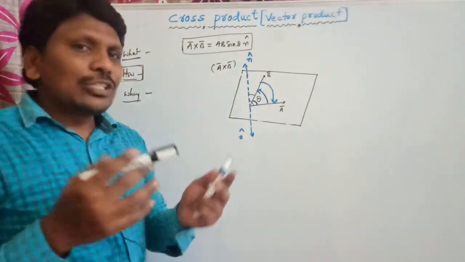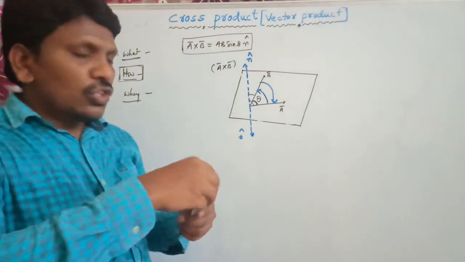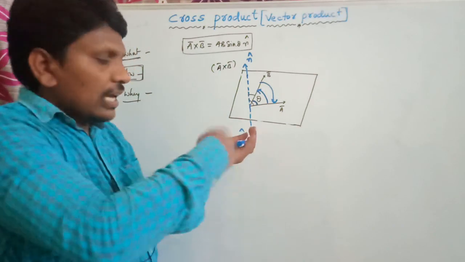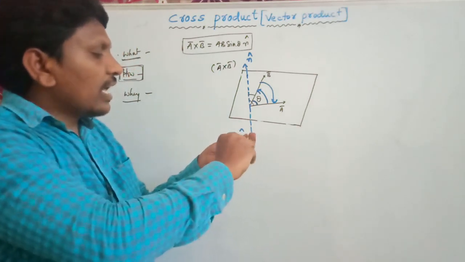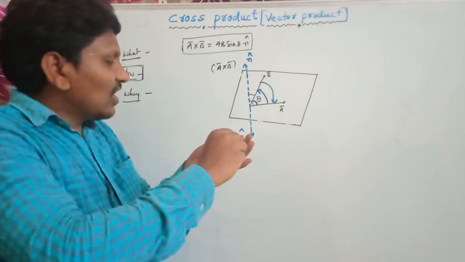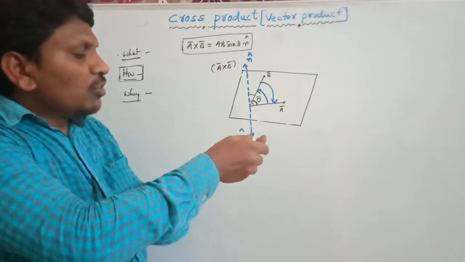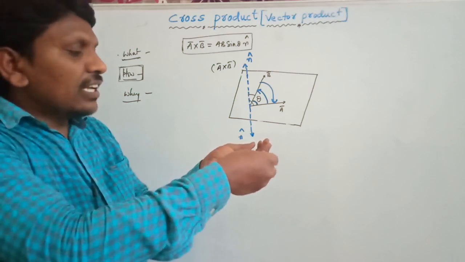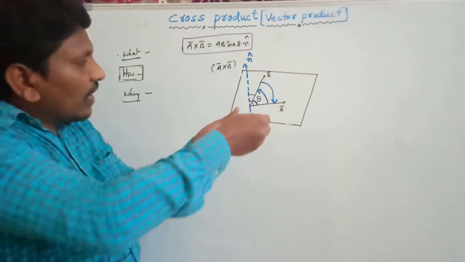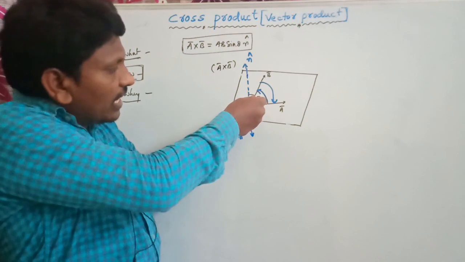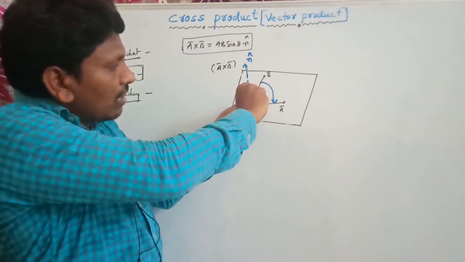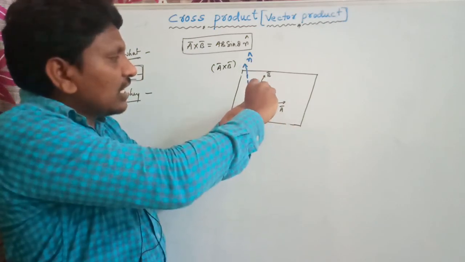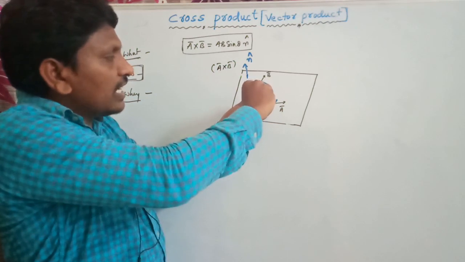So we can also apply a screw rule here. Do you know the screw rule? As we are rotating the screw in a clockwise direction like this, the screw goes inside. As we are removing the screw, it moves in an anti-clockwise direction, then the screw comes out. So if you apply this screw here, now I am rotating this screw in a clockwise direction, so that we are finding the angle from B to A in that direction, the screw is penetrated inside.